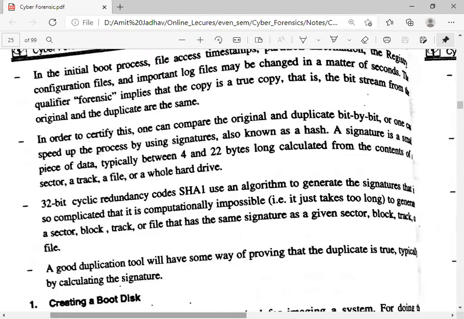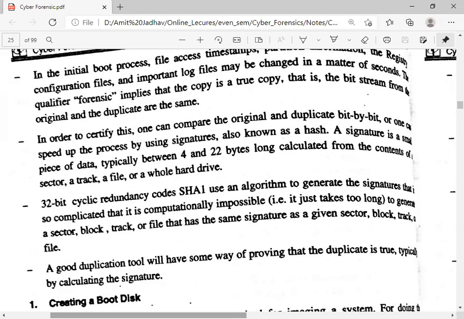So whenever we create a duplication, both hard disks should be the same, with the same structure and same geometry. For example, if there are 32 sectors, some blocks, and some tracks, the destination hard disk should be the same. Otherwise it will create a problem while creating the duplicate hard drive.